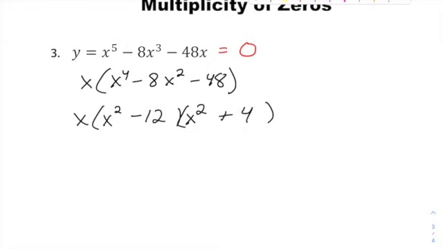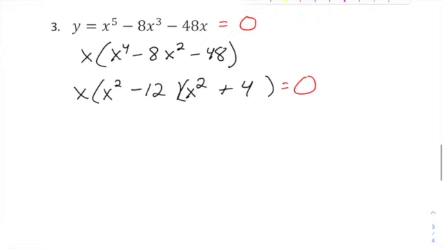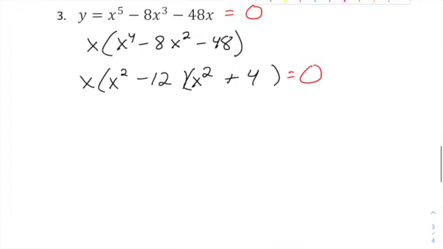And does that factor any further? No, it does not, because that's x squared plus 4 at the end, so not a difference of 2 squares. It's a sum of 2 squares, which does not factor. So here we go, though. Time to solve this for when it equals 0. So one solution is x equals 0. That's easy enough. When you set x squared minus 12 equal to 0, that didn't factor, but it's got 2 solutions in there,